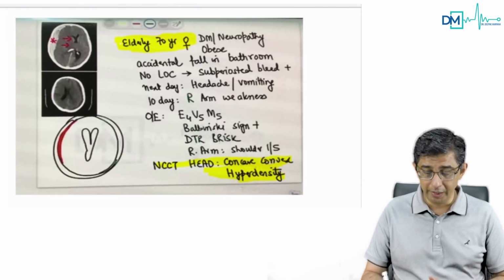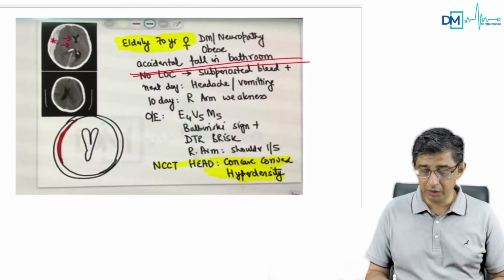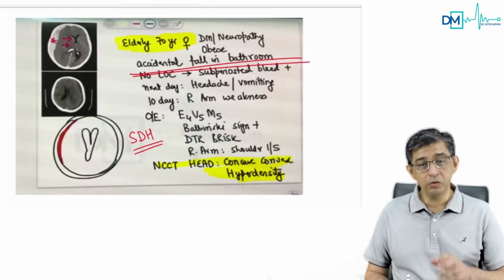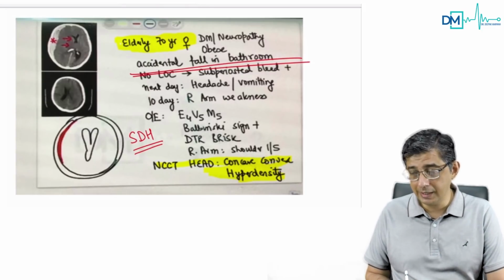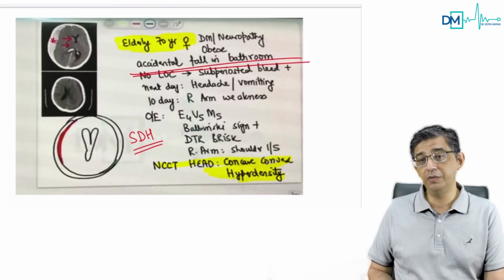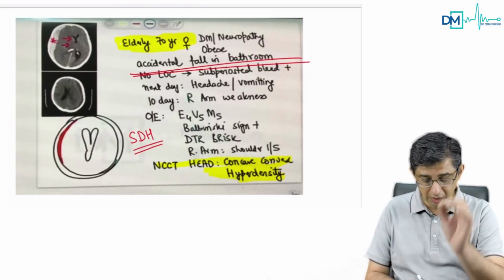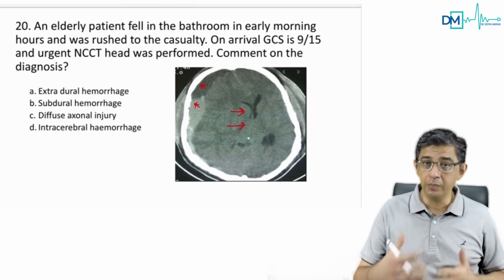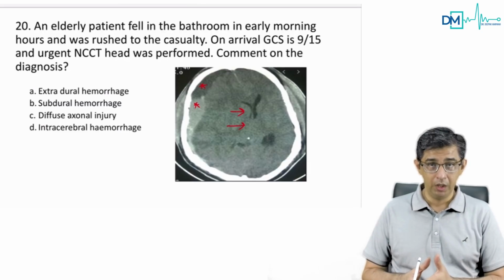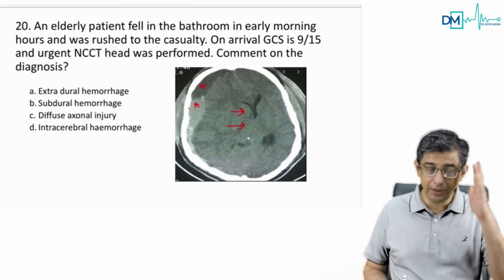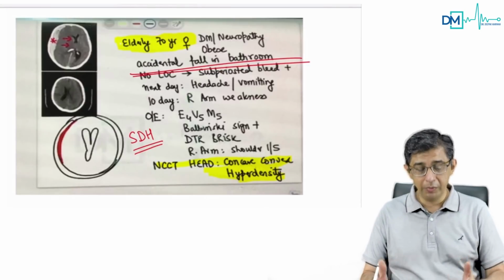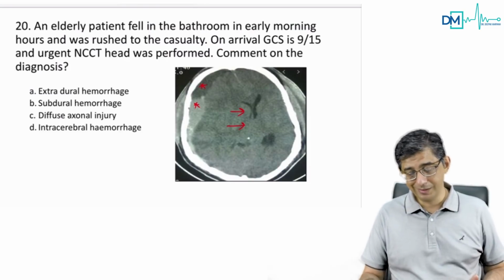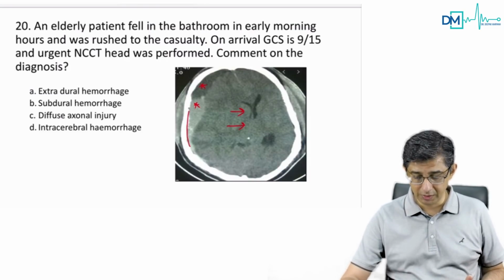Whenever you read about an elderly person falling in the bathroom, what are you going to think about? You're always going to think about subdural hemorrhage. To solve this question on the basis of radiological interpretation might be difficult for you, but I can assure you that if you ever read of an elderly person, obese person, Parkinsonism patient, or Alzheimer disease person falling in the bathroom, the impact of the head hitting the ground will contribute to subdural hemorrhage. It will contribute to a concavo-convex hyperdensity. That's the kind of concavo-convex hyperdensity which is present in this particular case.